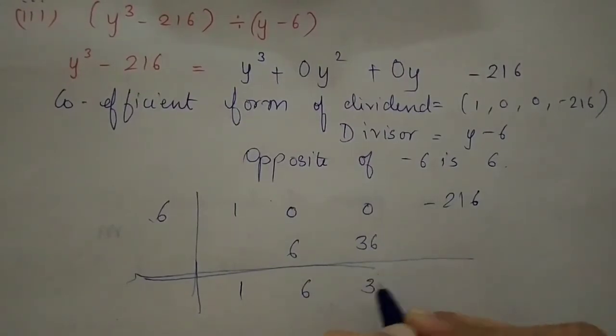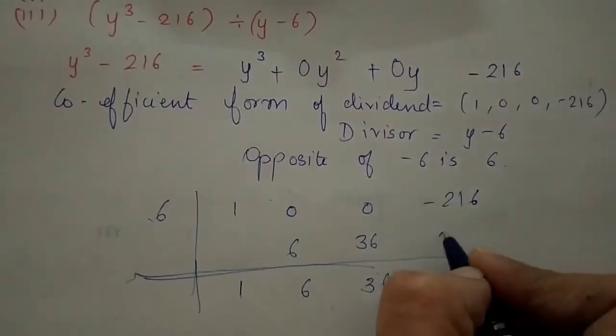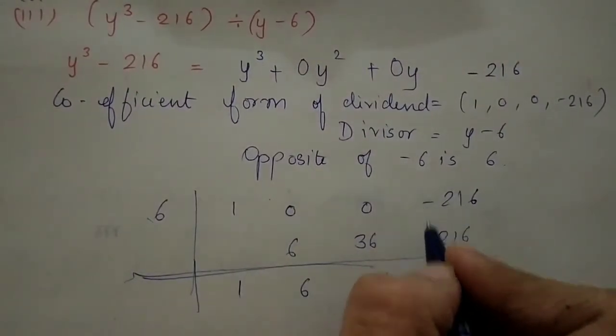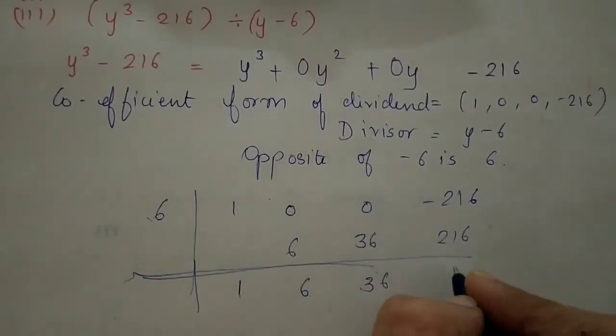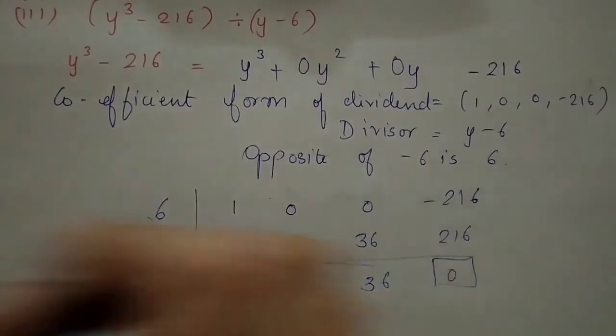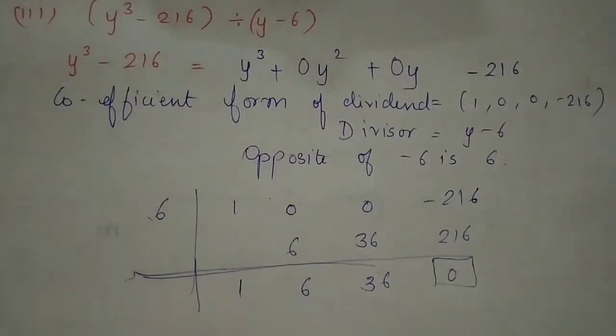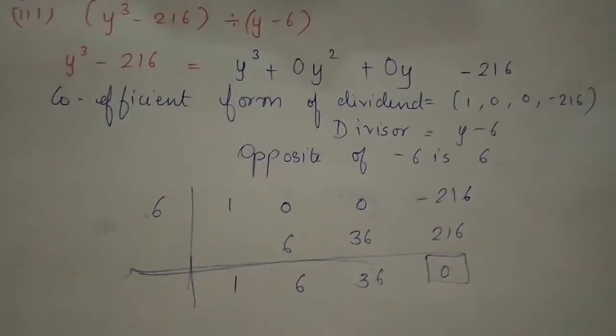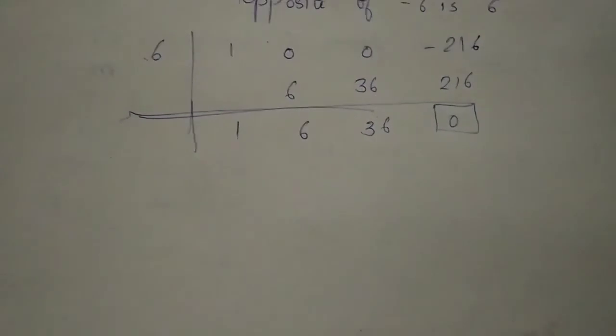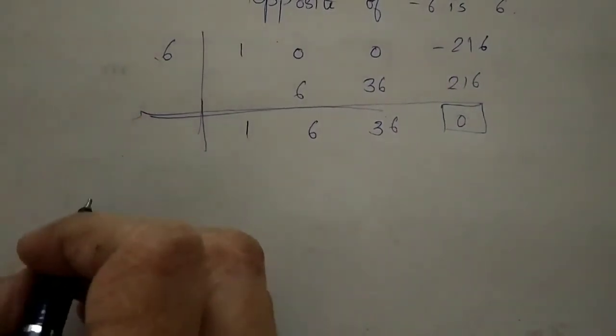0 plus 6 will be 36. 36 sixes is 216. But minus and plus will be minus. So 216 minus 216 will be 0. So the remainder is going to be 0. Okay. And the quotient will be 1, 3 and 6. So let us write down. And dividing, what will I get? So I'll write down